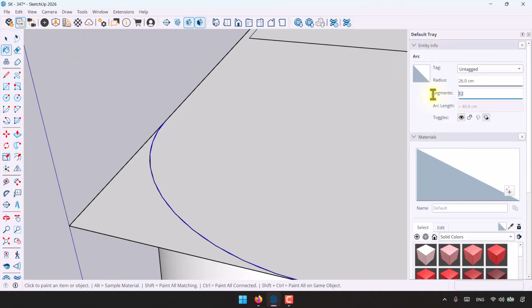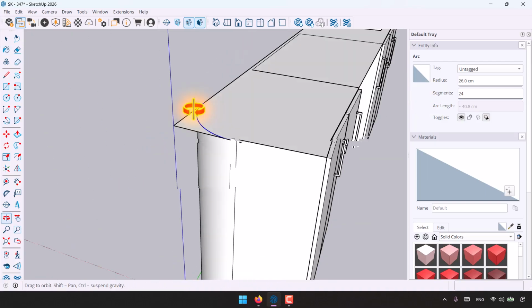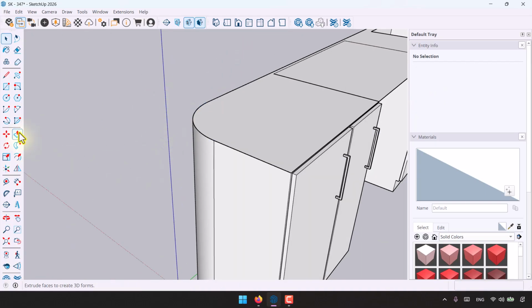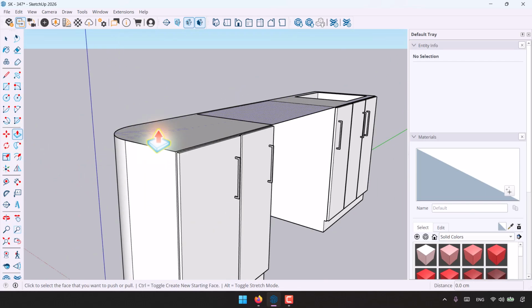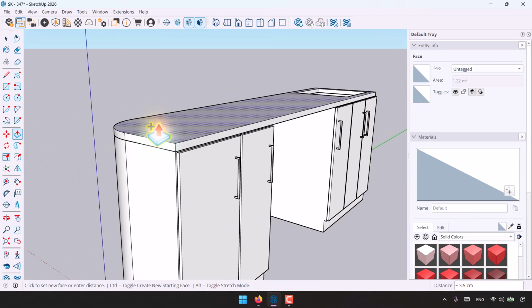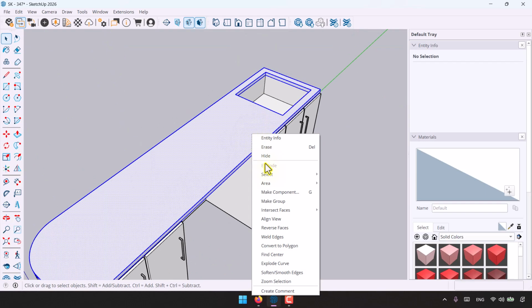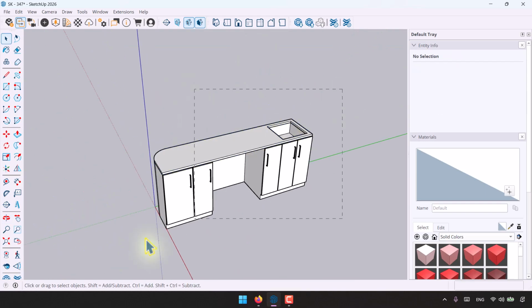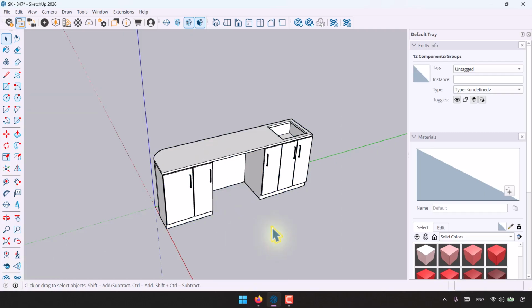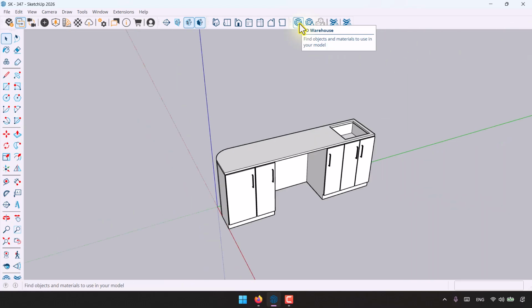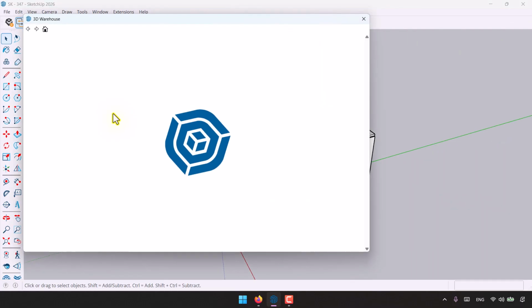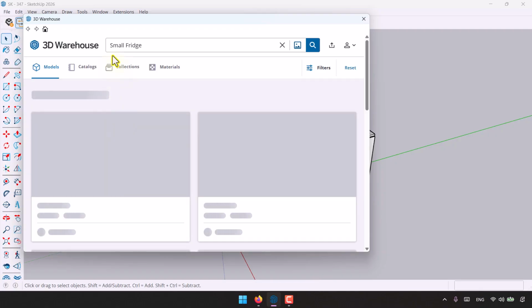info, 24 segments. Now I'm going to delete it, and now time for extruding. Control, extrude. How much? Something like 4 or 3 is enough. Okay, everything is done. Click on the make group and make group it again. Okay, Control S. Now I'm going to open the 3D warehouse in here, and I like to search for the